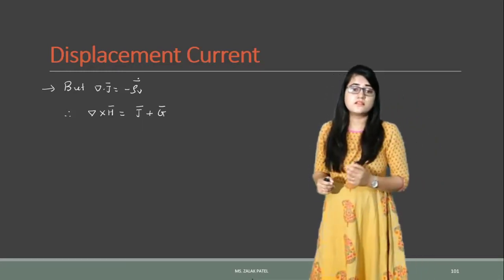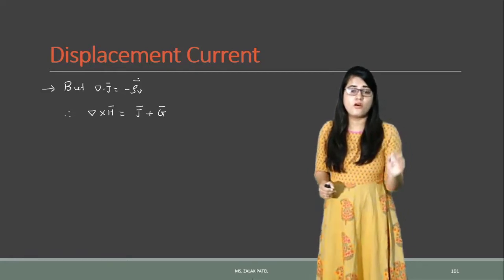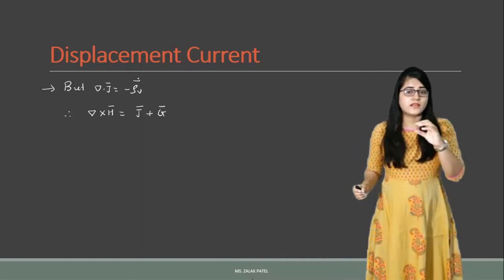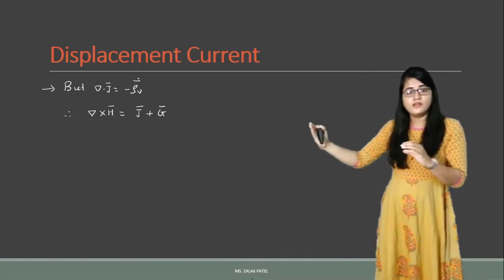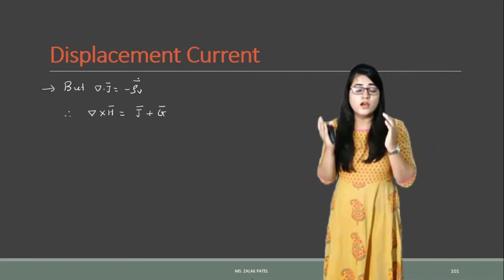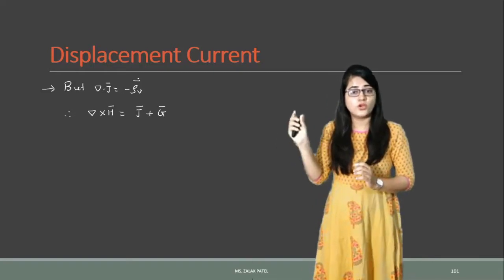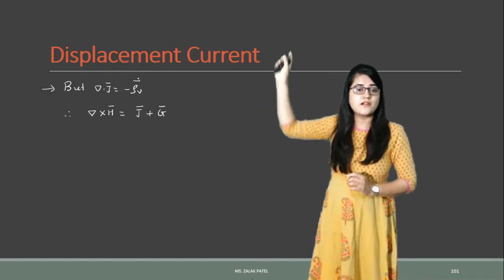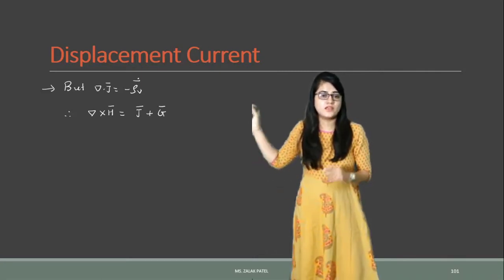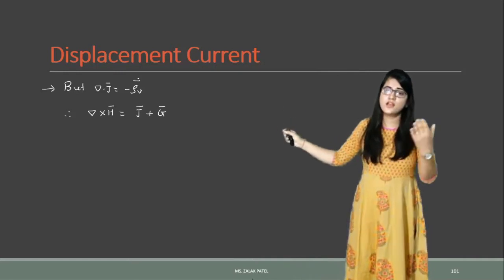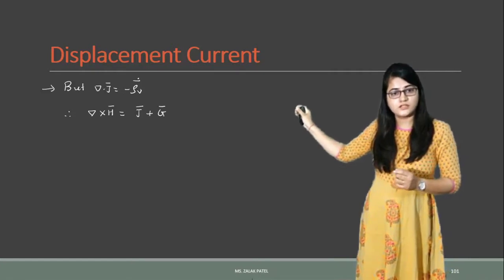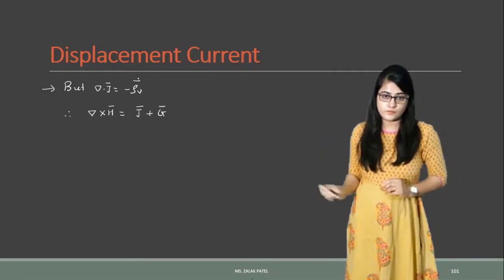Okay. So that means in our original equation of point form of Ampere's circuital law, there will be some extra term that will be added on the right hand side. Means del cross H equal to J. This is our original equation. But there should be another term on the right hand side, which makes del dot J equal to minus rho v dot. Let's say that term is G. Here I suppose that this term is G. You can take any vector like A, B, C, G. I have taken G bar as that additional term.